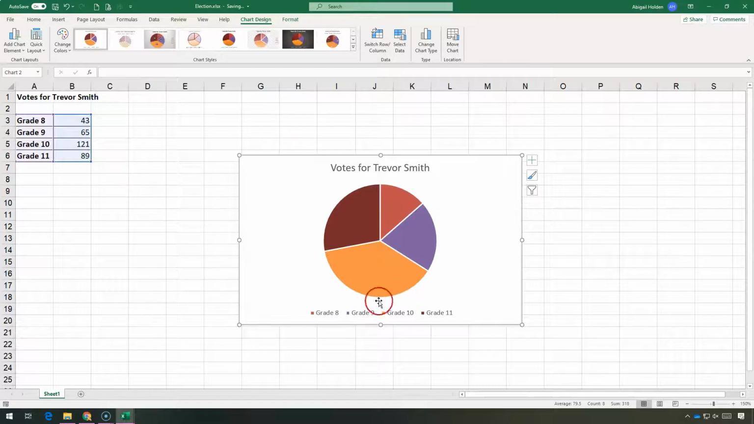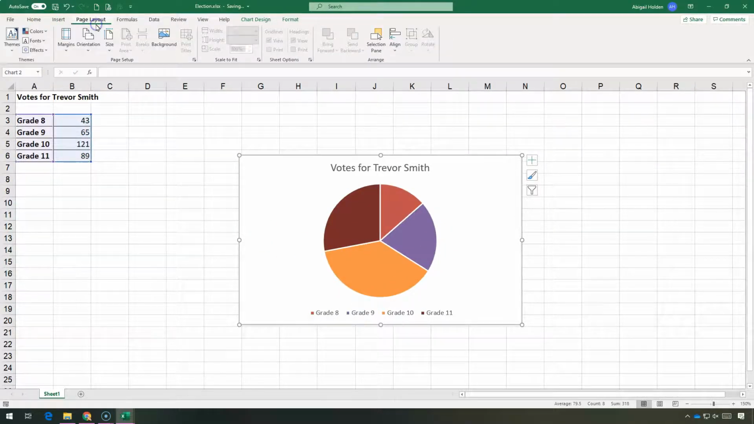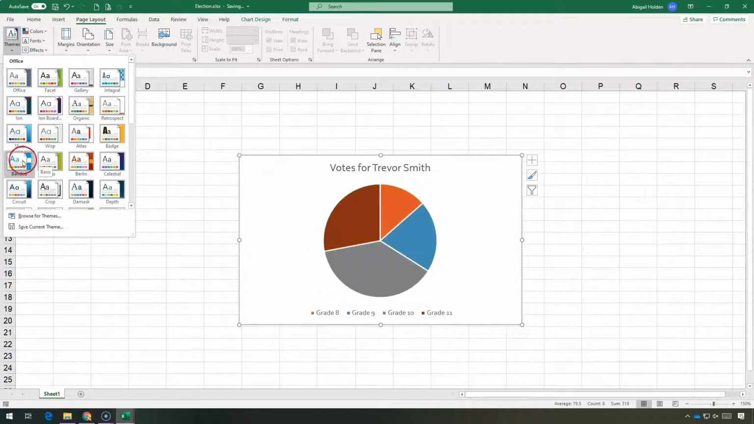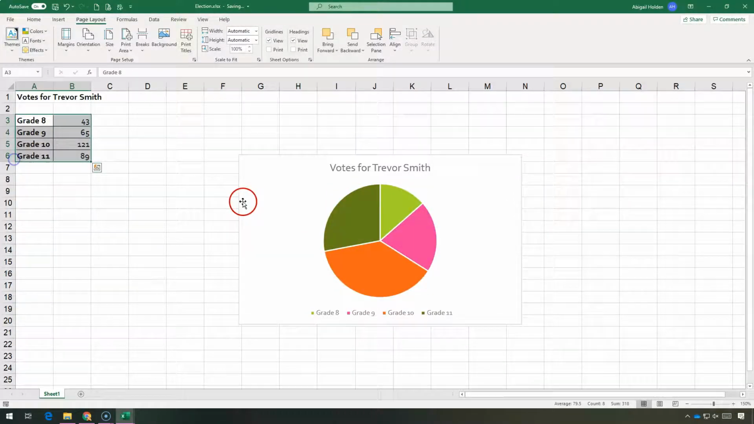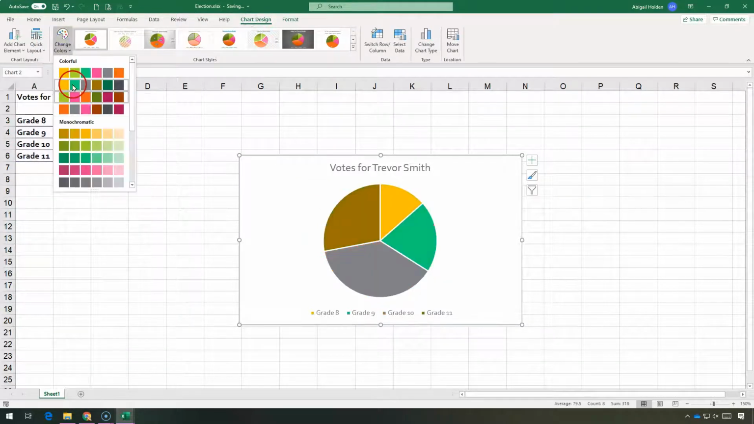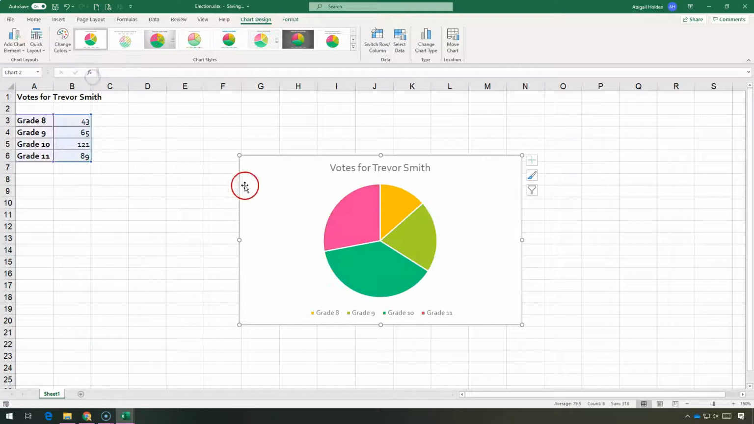If you don't like these colors at all, you can go into Page Layout and change the theme of the document and get completely different color options that way. And then when you go to change colors, you'll get ones that are based on the new theme instead of the original theme. If the chart is missing something that you want, or you want to move, for instance, the legend,